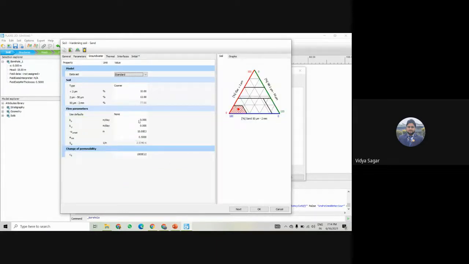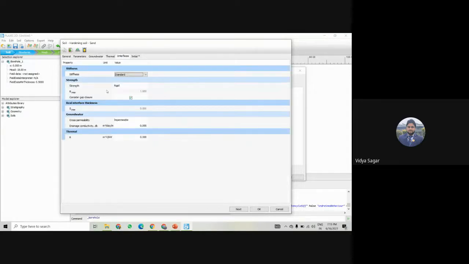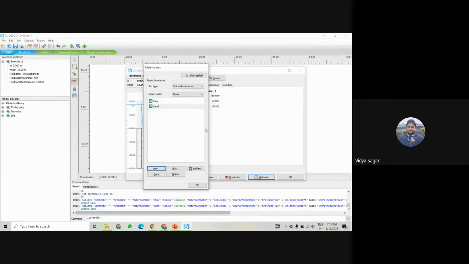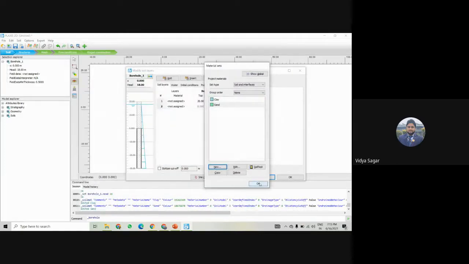Here again we have to put kx and ky, which are 1 and 1. And finally we move to the interface, which is manual. Strength is manual and it is 0.67, and the initial is automatic, and here the overburden pressure will be 0. So now I click OK.